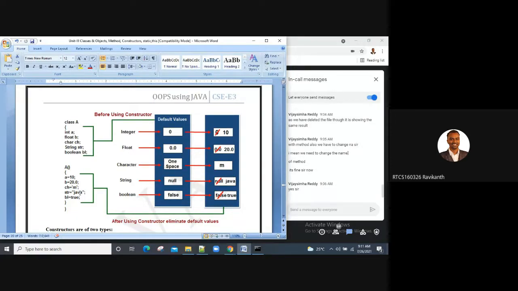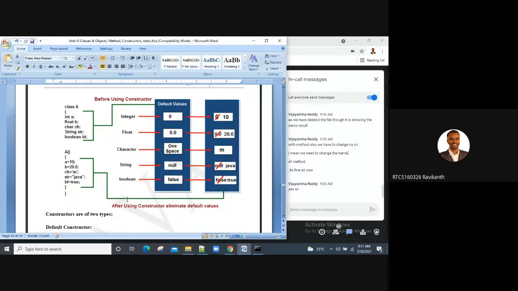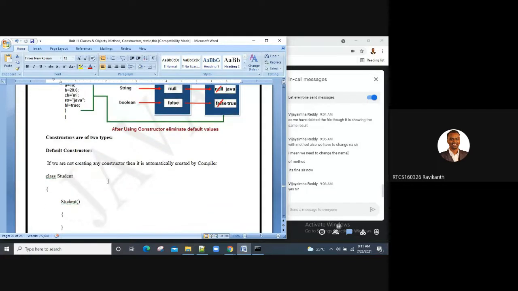So we are going to see two types now. One is your default constructor.